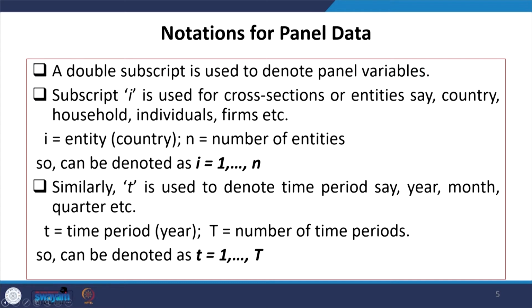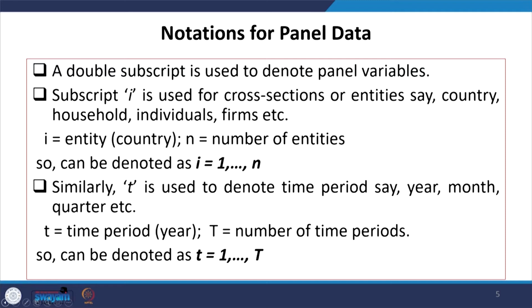Another is called N. N stands for the number of entities. So i is your entity, and how many entities there are, that is called N. So i can be denoted as going from 1 to n.